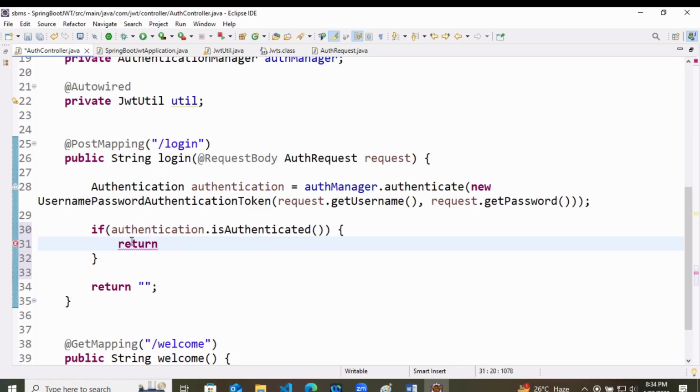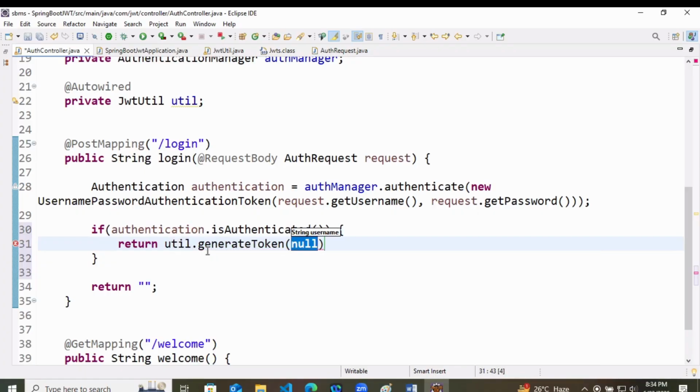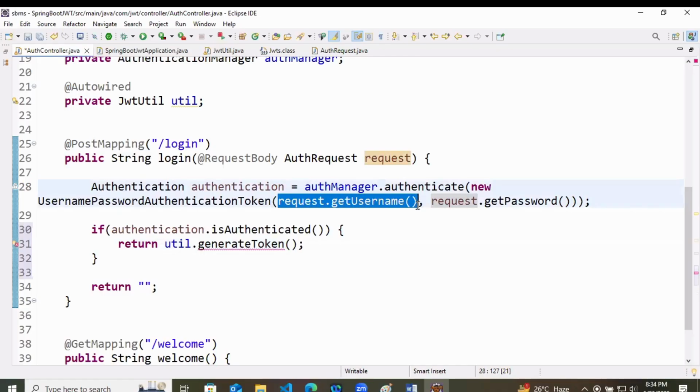return. What do you have to return? A token. Now who is returning the token? Util class. So util dot generate token, but it takes a username. It takes one username. Username is already available in the request.